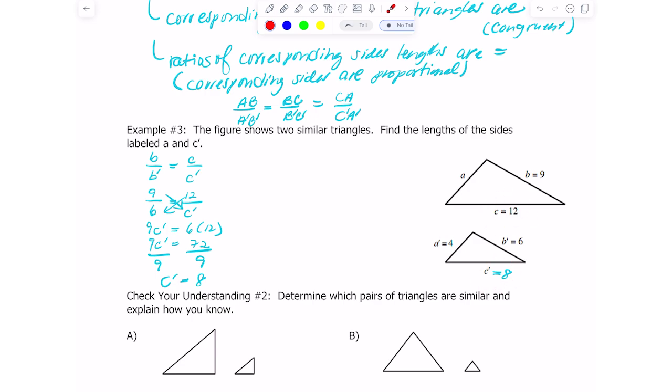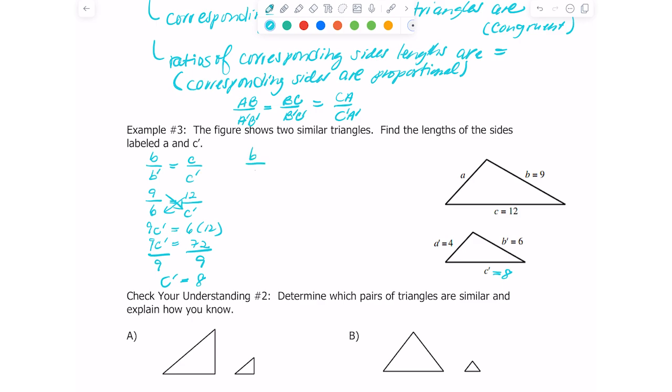So if I multiply 8 by 1.5, I'll get 12. If I multiply 6 times 1.5, I get 9. So I could just do 4 times 1.5 and I could get A, right? So to figure out A, I could just do 4 times 1.5, which is 6, or I can set it